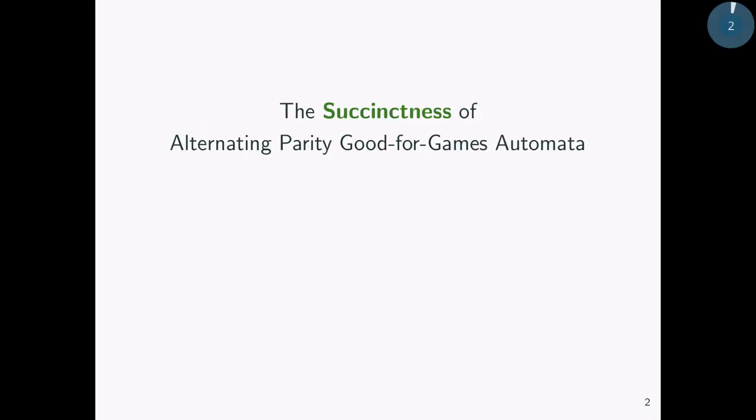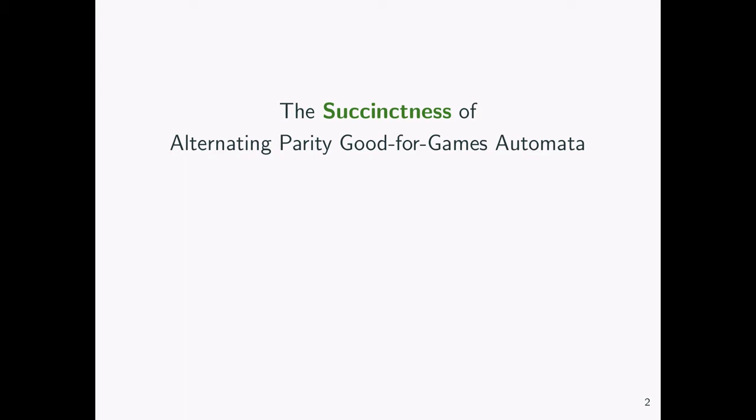Now, when we are interested in the relative succinctness of different automata models, when we work with automata, we have to decide what kind of automata we want to use, and to do that we need to look at the trade-offs between different models. For example, deterministic automata are easy to manipulate, easy to complement, however they tend to be quite large. At the other extreme we have alternating automata, which are very compact. They can be double exponentially more succinct than any equivalent deterministic automata, but the cost is that they are more difficult to manipulate and to use in algorithms.